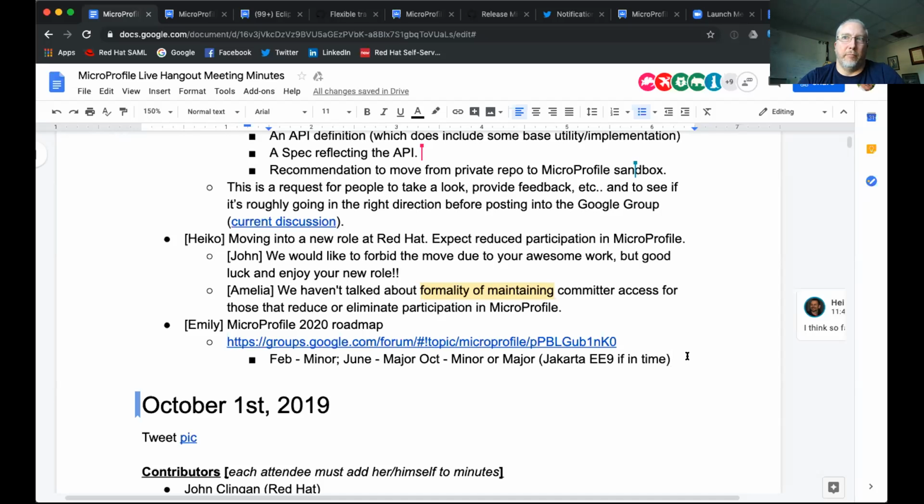I agree with Ken on this, and I even tweeted on it. I added Ken to this. I think we can't, and this is not a call for us to decide the future of MicroProfile and the connection with Jakarta and the level of what do we move. We're talking about growing pains.